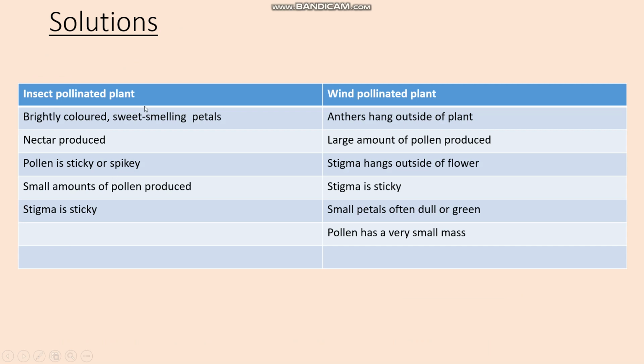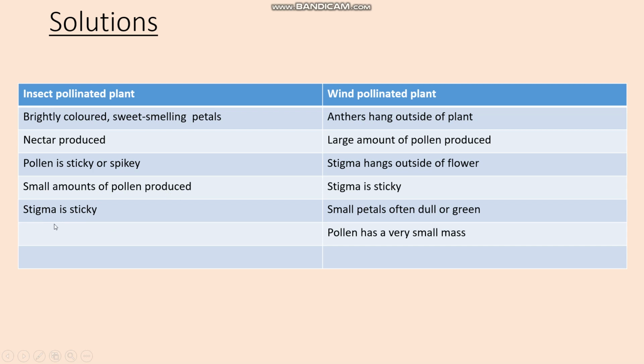Insect pollinated plants, as we mentioned earlier, tend to be brightly coloured, sweet smelling to attract the insects. This sweet, sugary type substance there is called nectar, and is again there to attract insects. Bees love it. Pollen is sticky or spiky, so it sticks to the fur of the creature which has gone into the plant, for example a bee. Small amounts of pollen are produced by insect pollinated plants, and